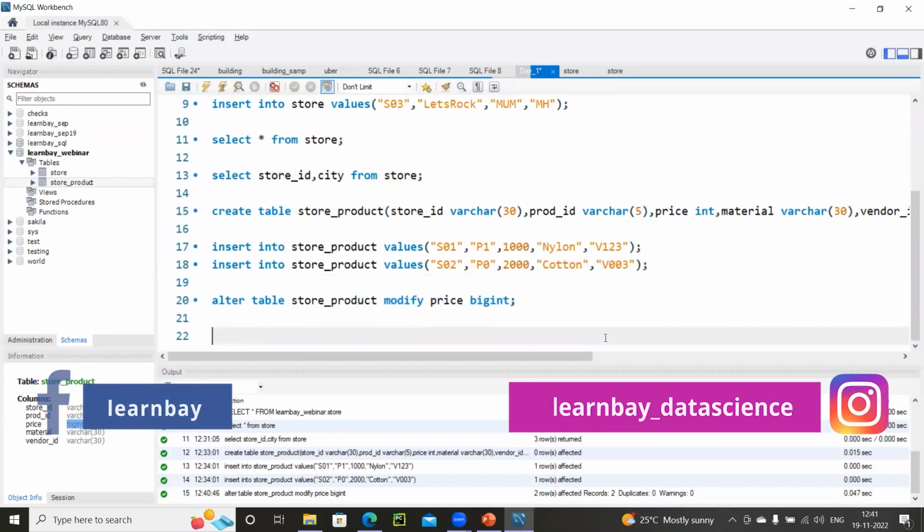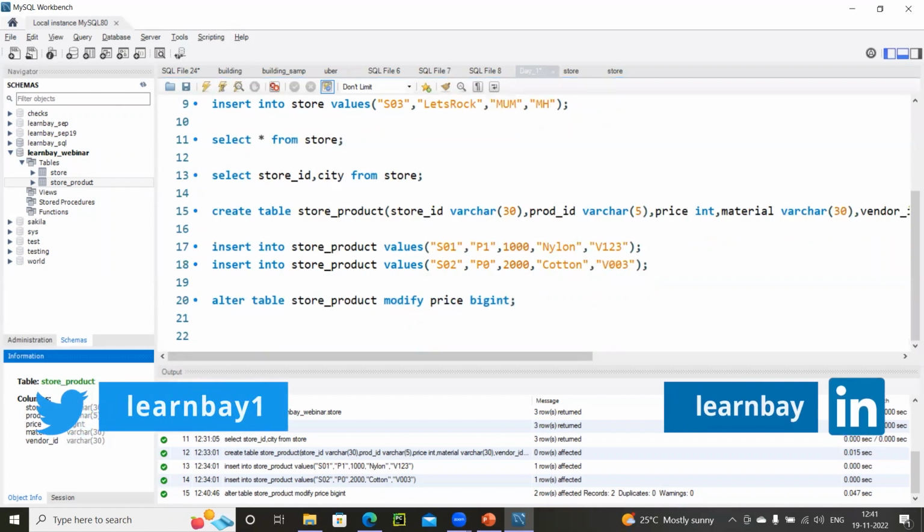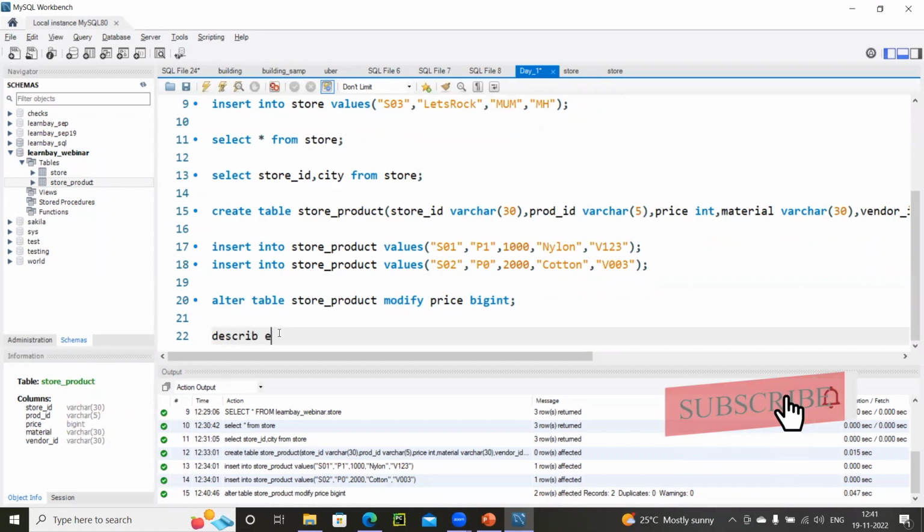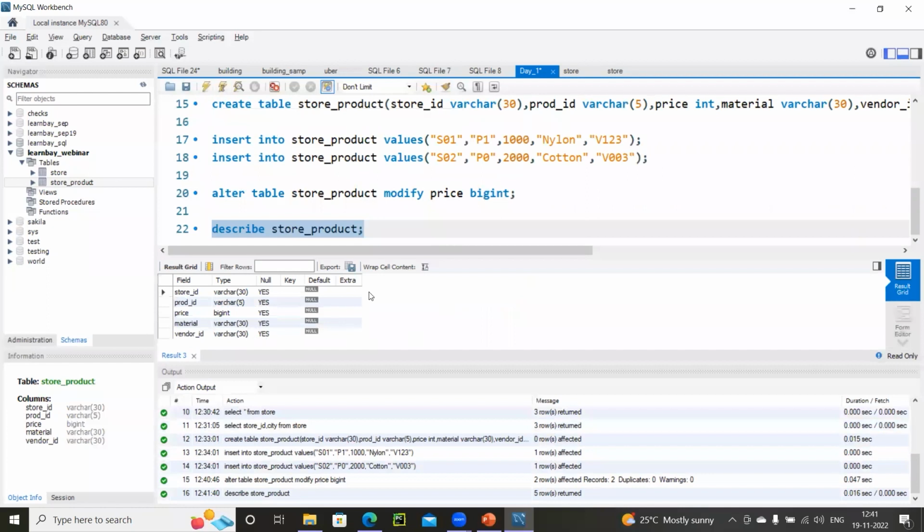Now if you want to cross check, and cross checking by seeing the information section is not good enough for you, is there any other way? You can write a describe command. When you write a describe command, it will tell you all the different fields inside my table and all the different data types. Nullability and default I have yet to cover, so right now just park these two, but the others you can understand. This is the same as this. If you want to view it through a command, you can do it this way.